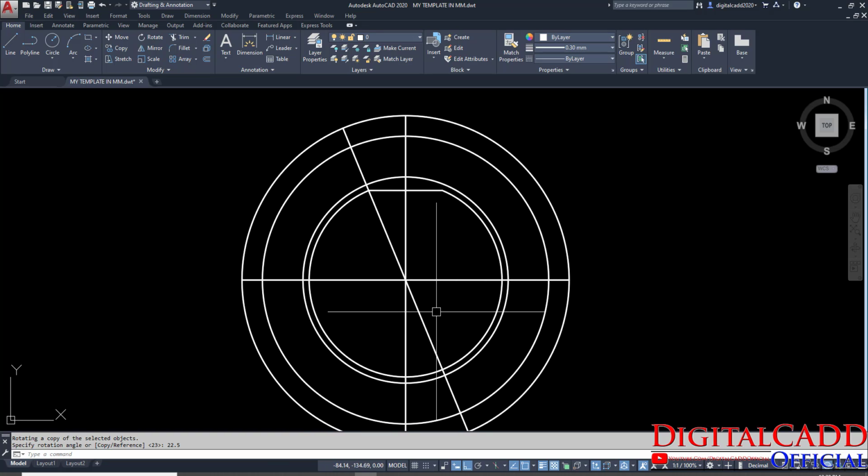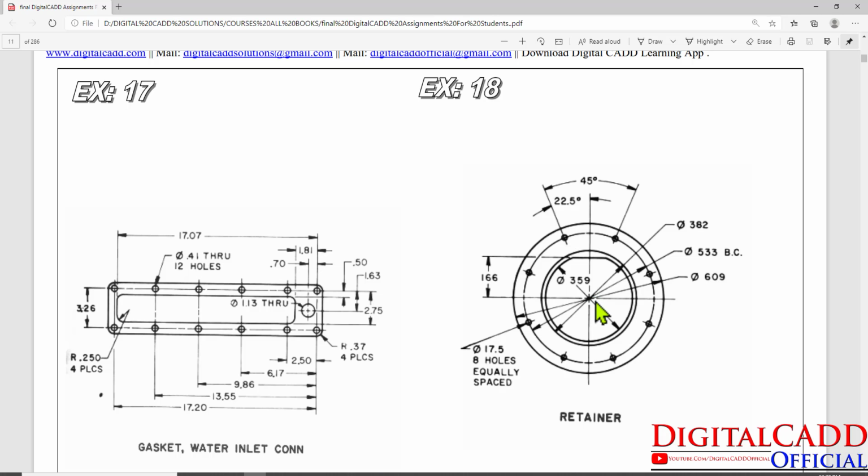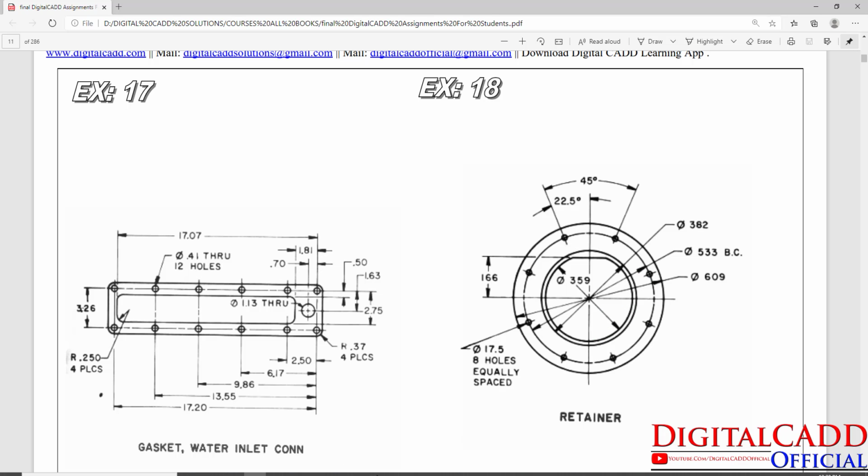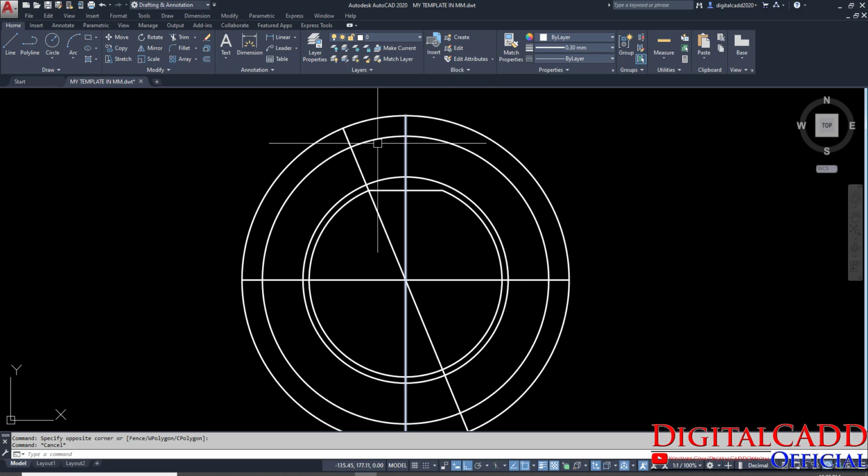Now what should we do here? We should convert this thicker line or continuous line into a center line, and center line must be thinner, okay, as compared to our drawing lines. So how could we do that? Let's have a look. First of all, what we need to do, we don't have to create, otherwise just delete them all,